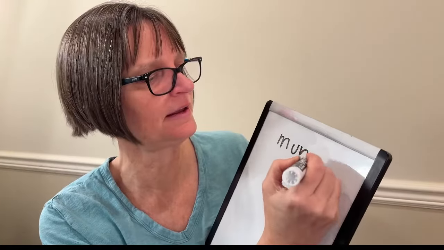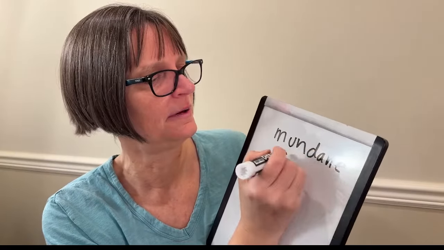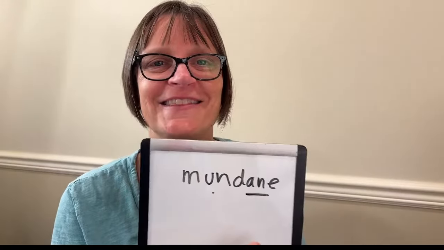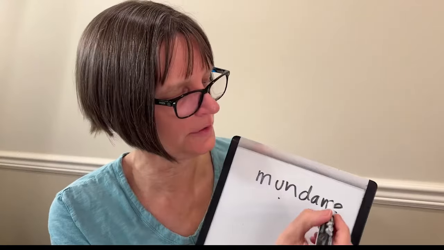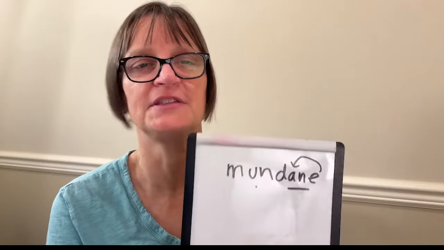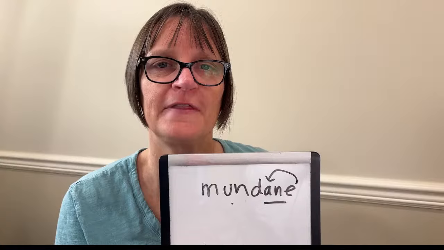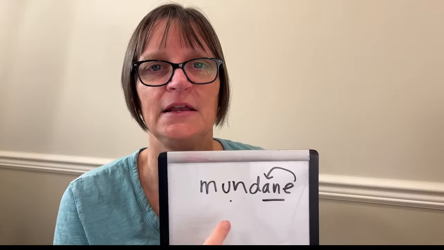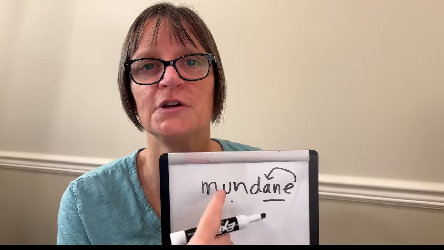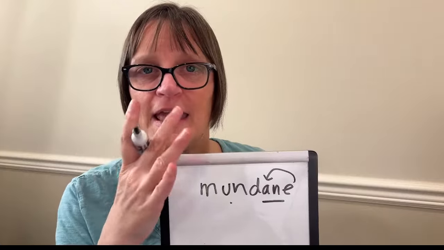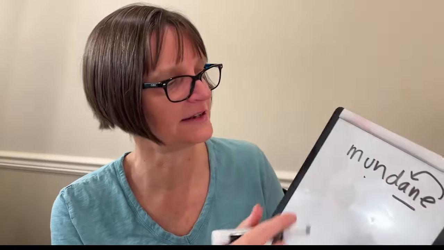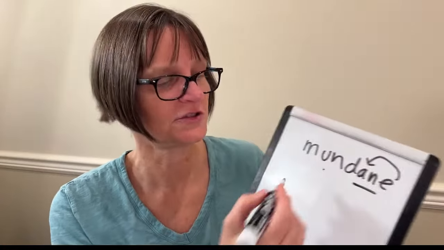So mundane has second syllable stress. So we're not saying mundane, but rather mundane, which means that this A will follow the rule that the silent E makes the A say its name. So that's a spelling pattern that we have. A word like Dane, cane, sane, etc. The A is going to have that diphthong A sound because of the silent E at the end. Letter U is going to say an unstressed schwa here.